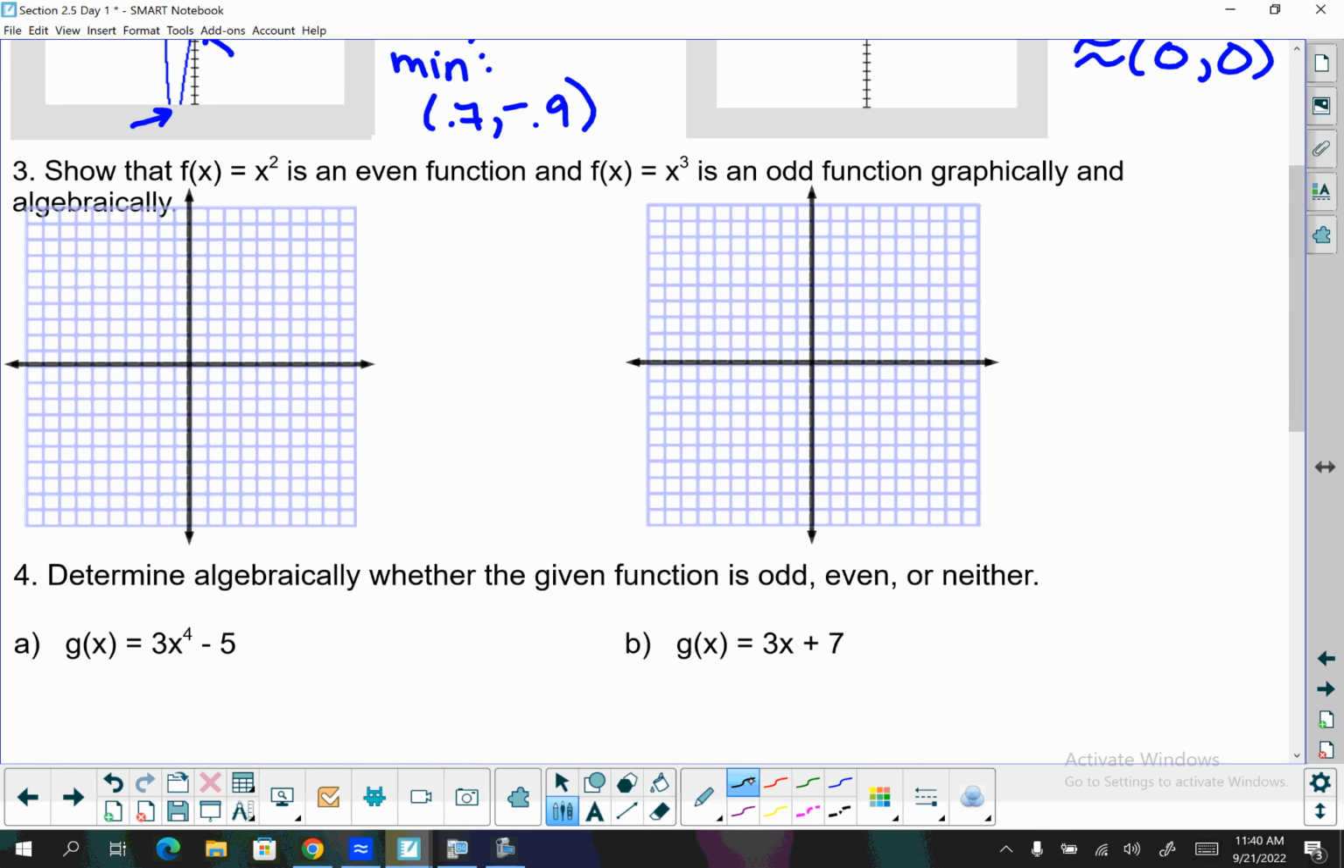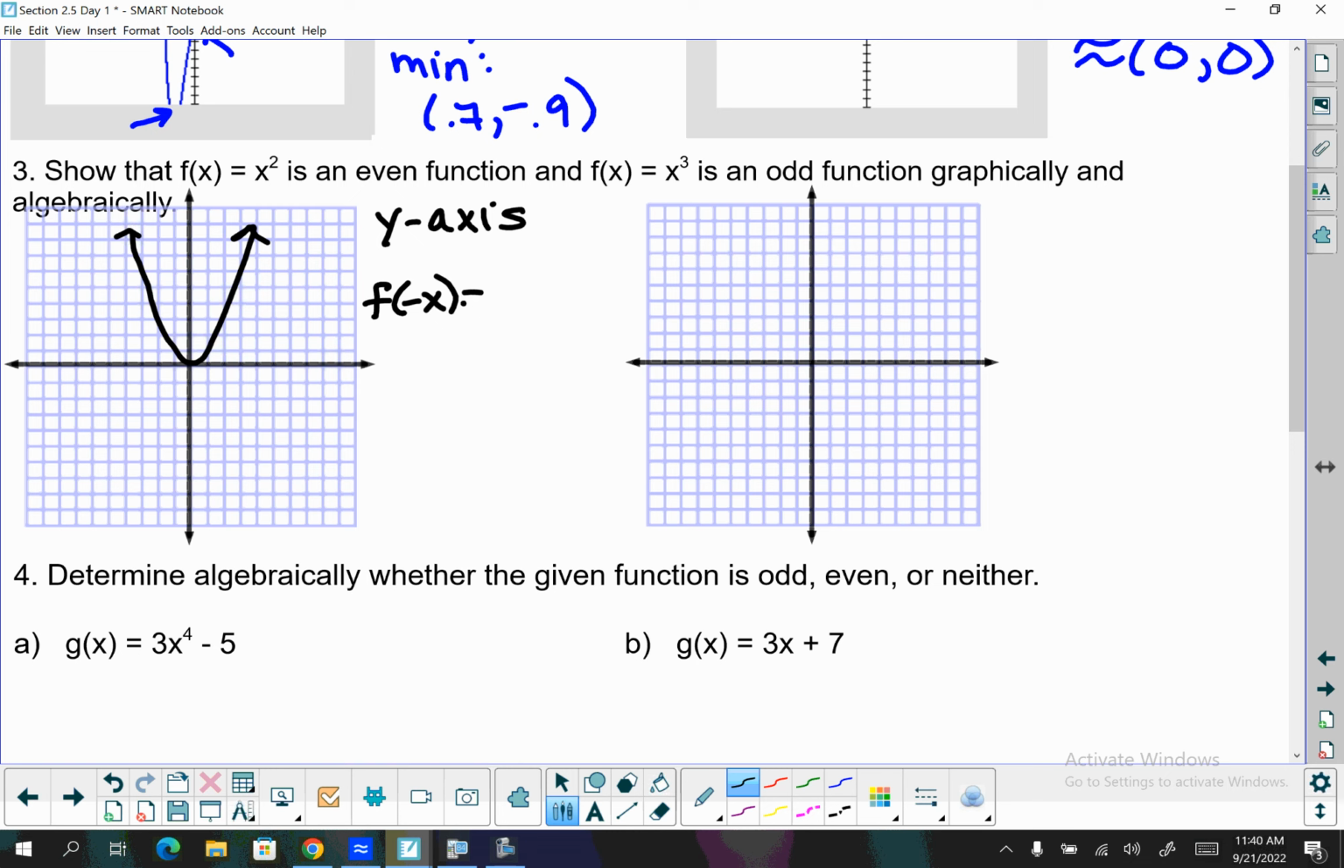All right, well, x squared, you guys know what that looks like. Looks like this. If you had to say why it was even, what would you say? What would your explanation be? Symmetry to the y-axis. Okay, so that is the graphic proof. It's symmetric to the y-axis. If I want to do it algebraically,